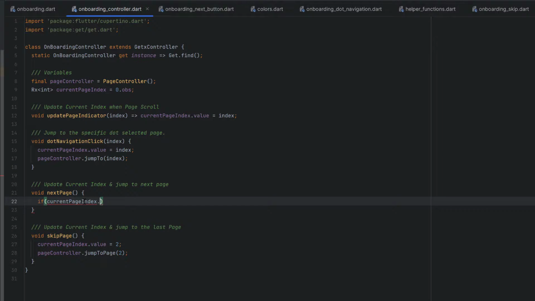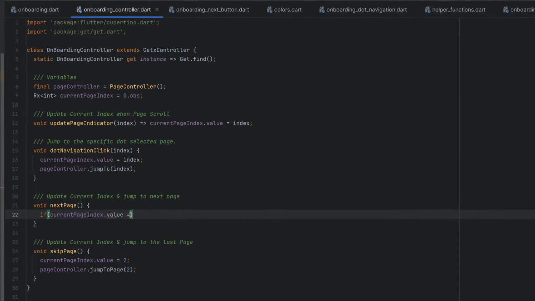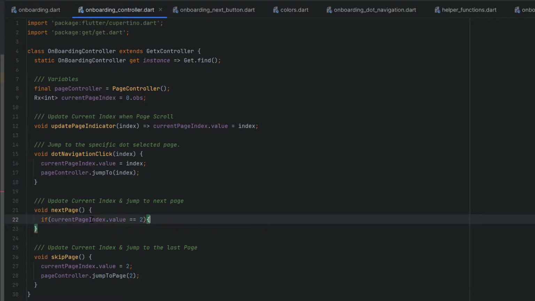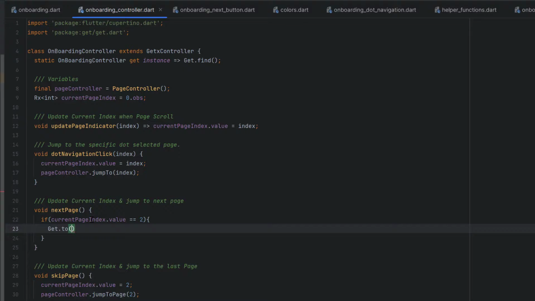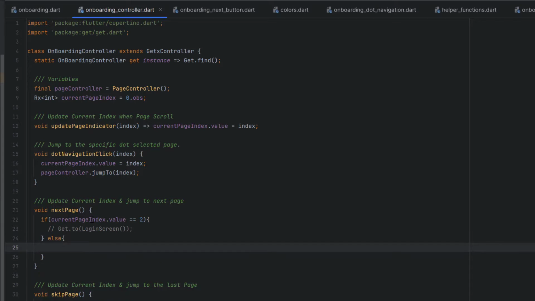If current page index dot value is equal to 2, which means it is at the end of the screens, we want to direct our app to some other screen, maybe, which we are going to create in the next video, the login screen. So we will simply call login screen over here, and that's it. But because currently we don't have any login screen, let's comment it. In the else section, if it is not on the last screen, we want to simply move one screen at a time to the next screen.